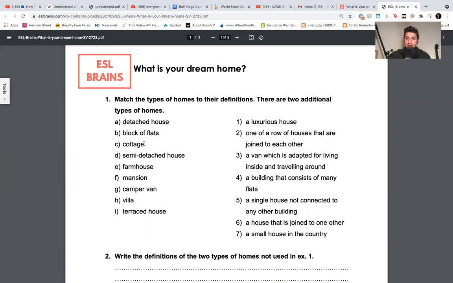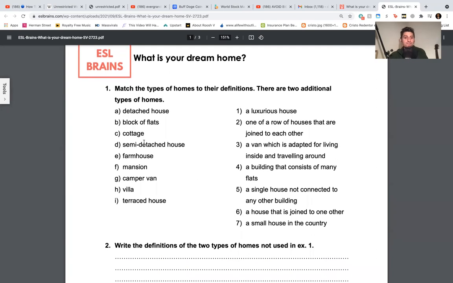In the countryside, not in the city, but outside in nature, you have cottages. A cottage is a small house. Typically, you can say a cabin too. Okay, and it's smaller. Many times, it's made of wood or natural elements. It could be like in a farm, and so it's very rural, very rustic. You can also say